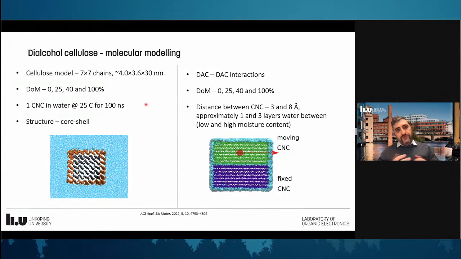Of course, we have to be honest and understand that in the experiment our collaborators extrude fibers that are much longer. But in the simulations, we cannot go to micrometer scale simulations, at least with these models, and therefore we work with shorter particles, about 30 nanometers. So more or less, you can consider them as cellulose nanoparticles. We have done different degrees of modification, and in this case, we performed our simulations at 25 degrees for 100 nanoseconds. In the other set of simulations, as I said, we had two